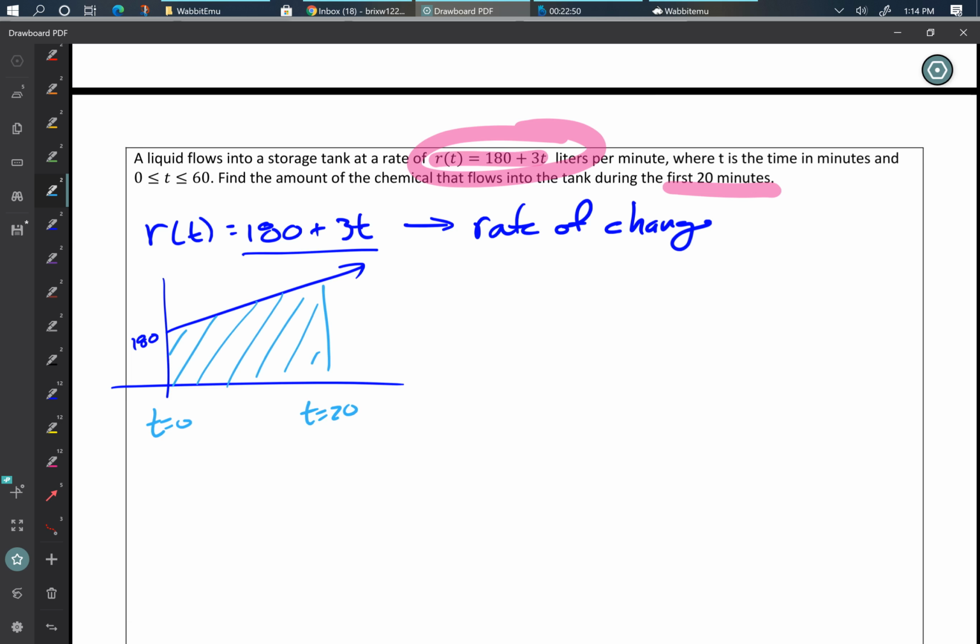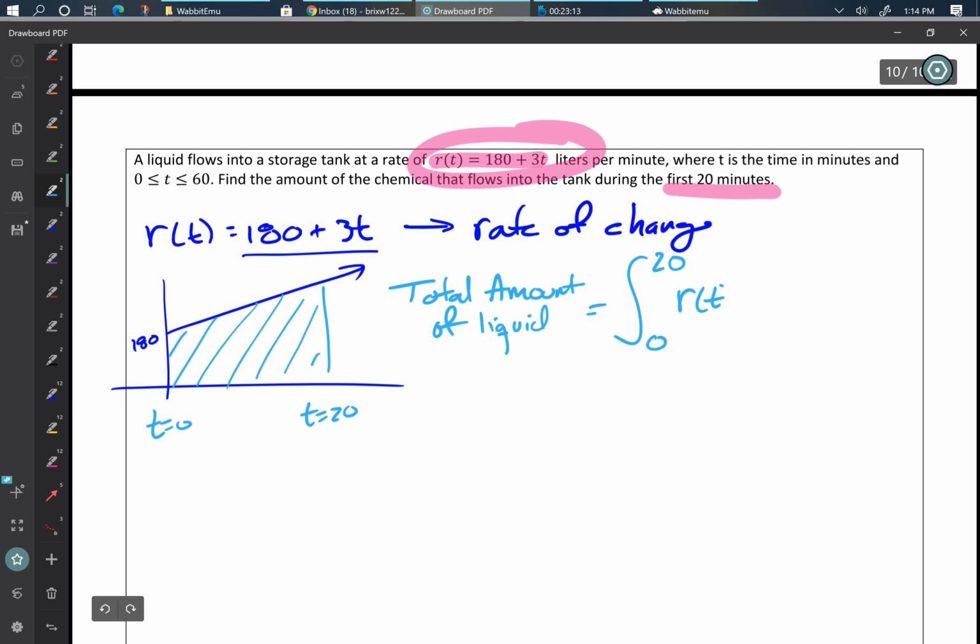So the total amount of liquid that's going to flow into this tank is going to be the integral from 0 to 20 of our R of t